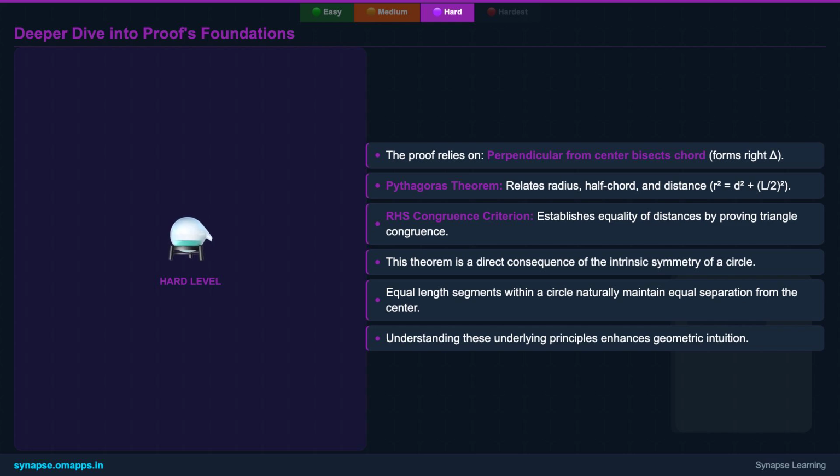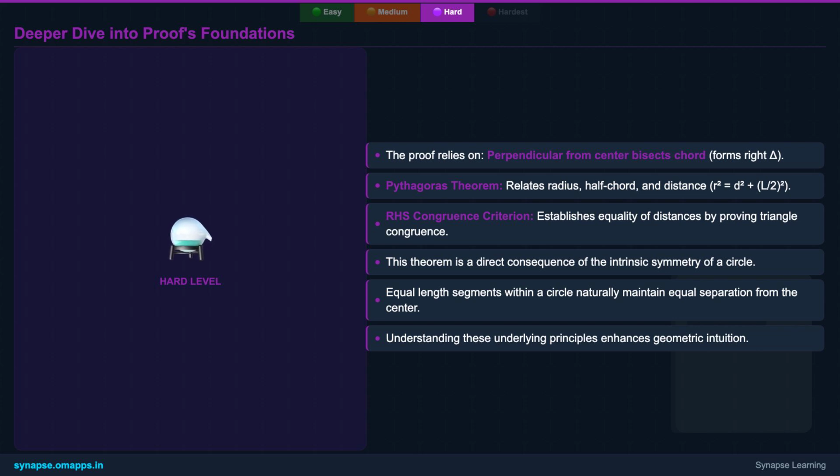It relies on the property that a perpendicular from the center bisects a chord, allowing us to form right-angled triangles. Then, the Pythagorean theorem helps us relate the radius, half-chord, and the distance. Finally, the RHS congruence criterion rigorously proves the equality of distances. This theorem isn't just isolated, it's deeply connected to the inherent symmetry of a circle, where equal parts naturally occupy